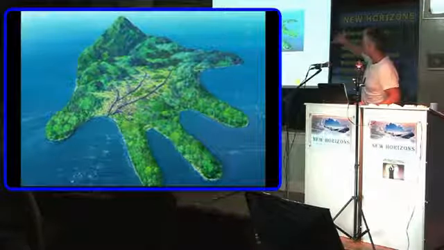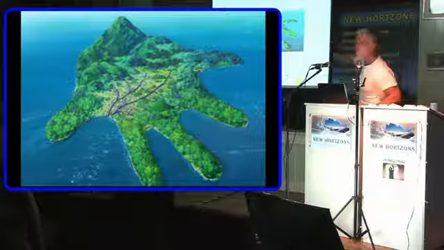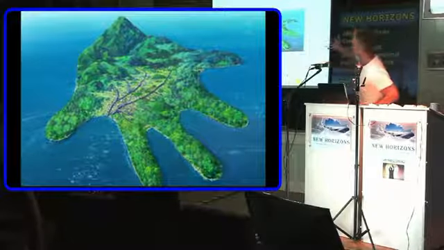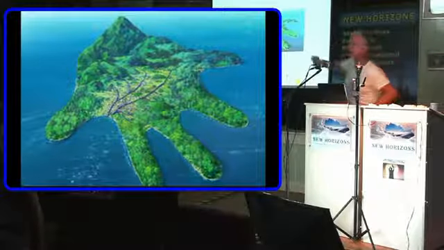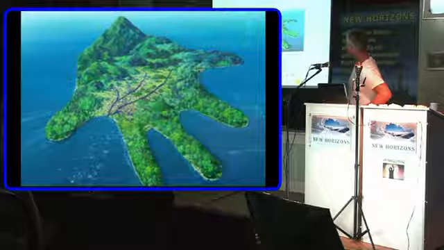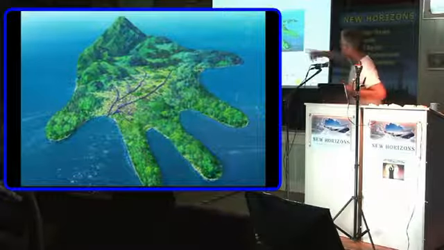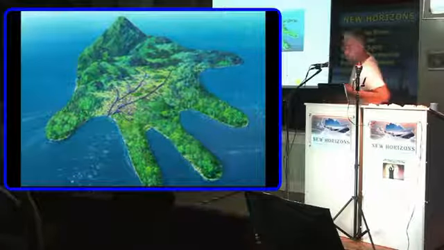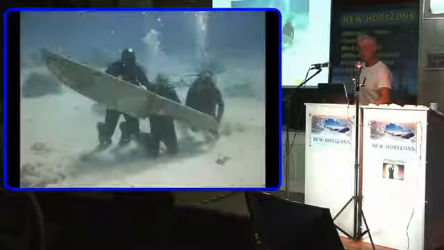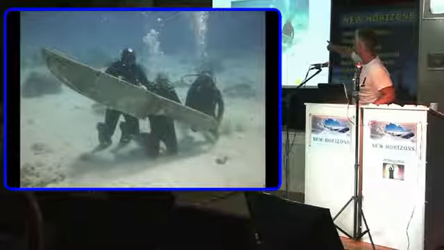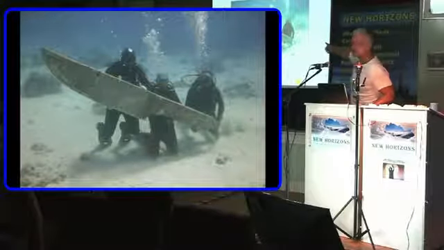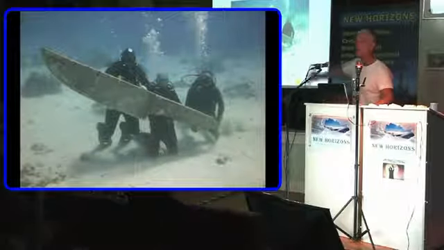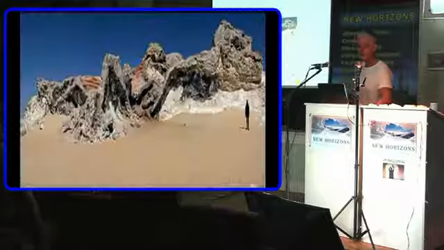Okay, what are you looking at there? What is that? Come on, 3 guesses. What does that look like to you? It was caused by erosion, that was. It's erosion. It just happened to erode the exact shape of a hand. Oh, what's this? That's a giant's knife, isn't it? That could be a hoax. I don't know whether. Okay, what are you looking at here?